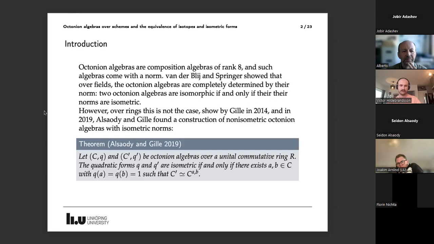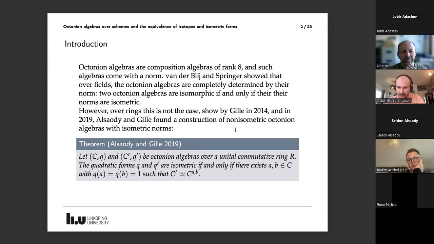However, it was shown by Philippe Gille that over rings, this is not the case. And in 2019, Seidon and Philippe found a construction of these